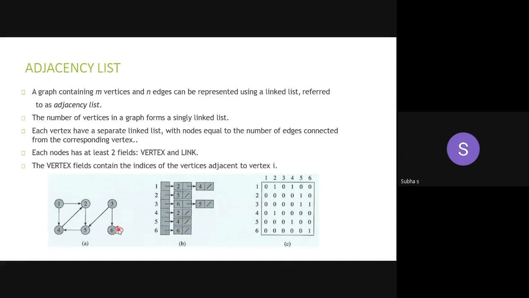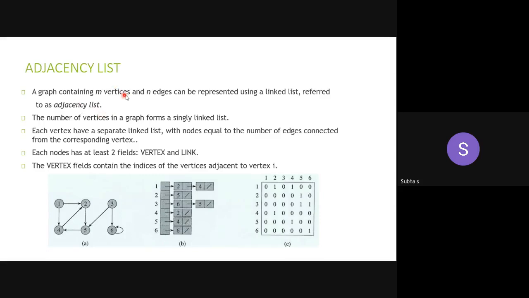Suppose the self loop is not there, then you have to make it null directly. Okay. So this is a way of representing the adjacency list.